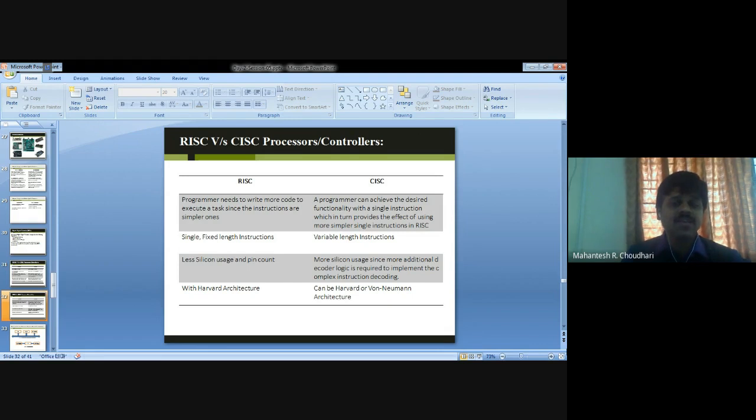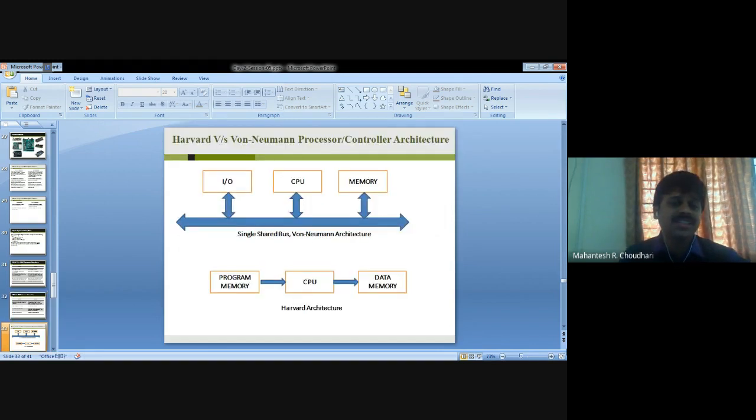What do we mean by Harvard and von Neumann concepts? We need to know. The term refers to processor architecture design.